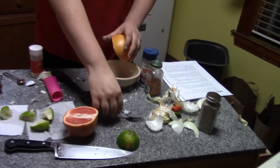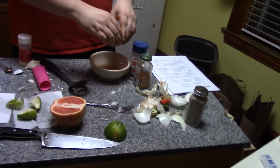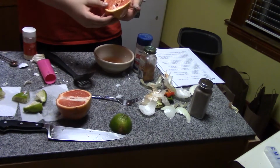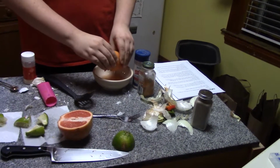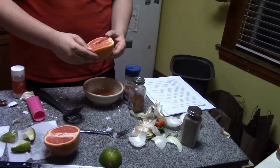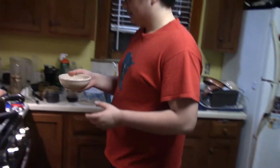Alright, now we're going to squeeze it into the bowl. Why have I never cut a grapefruit this direction? We put it in the bowl so that if there's any seeds we can take them out, but cutting it this direction apparently doesn't lead to any seeds because we don't have any seeds. Take the grapefruit juice,